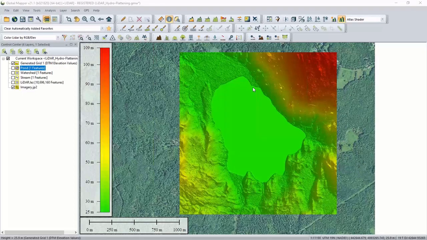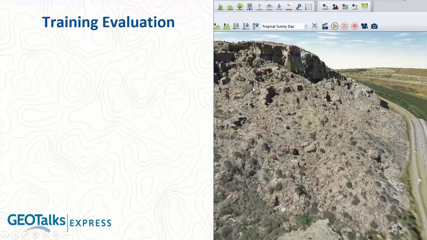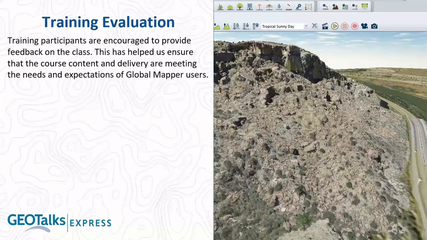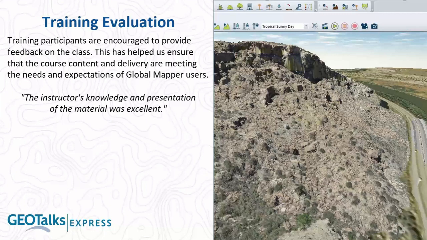Now, in the couple of minutes that remain, a few other things to note here. How successful are we in training? How do we deliver? What's the feedback been? We do encourage feedback from users. We send out an evaluation form within a few days of the class because this is how we know that we're hitting the right marks. We're giving the content that people need. Is it working for you? Was this useful? I would say, Mackenzie, I'm not sure if you have any other input, but without exception, we